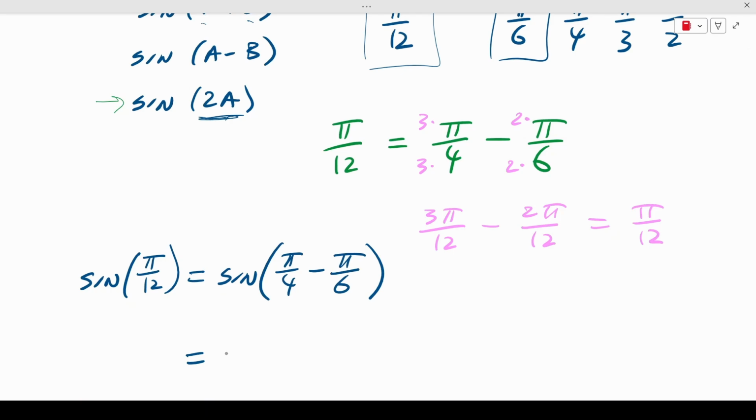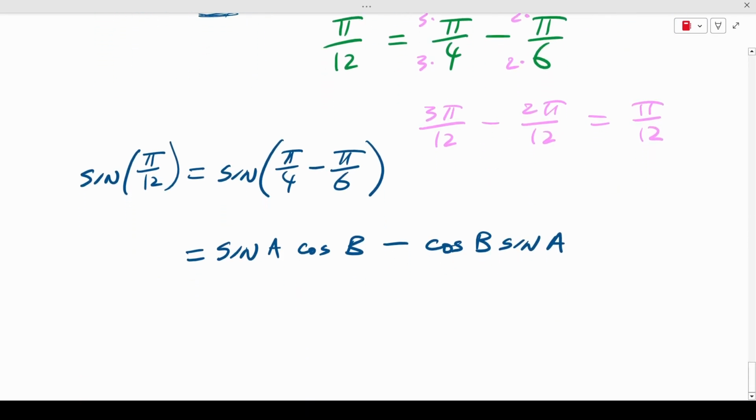The sine difference identity says that sine of A cos of B, well, I'll actually write the formula, minus cos of A sine of B. Okay, so where pi over 4 is my A and pi over 6 is my B, I have now that we have sine of pi over 4 cosine of pi over 6 minus,